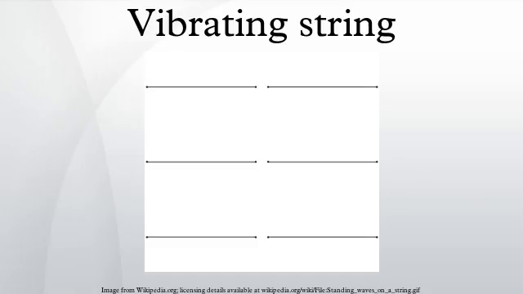Therefore, the shorter the string, the higher the frequency of the fundamental; the higher the tension, the higher the frequency of the fundamental; the lighter the string, the higher the frequency of the fundamental. Moreover, if we take the nth harmonic as having a wavelength given by λ, then we easily get an expression for the frequency of the nth harmonic. And for a string under a tension T with density μ, then